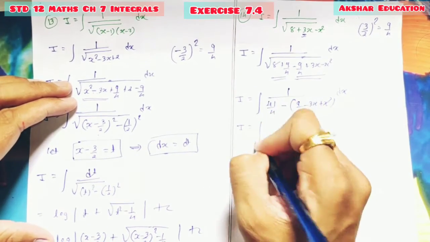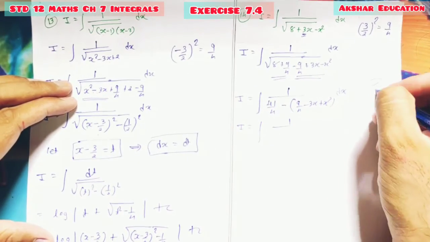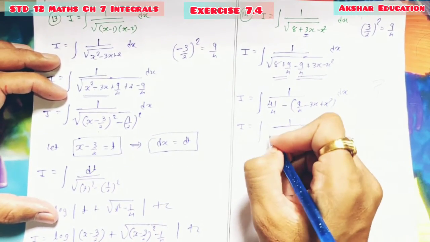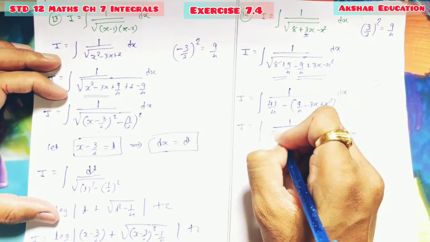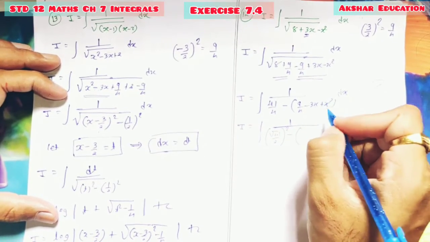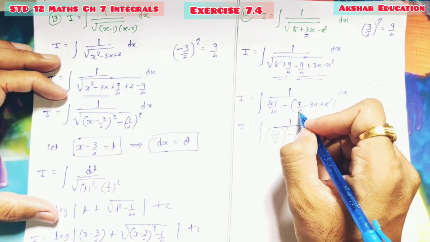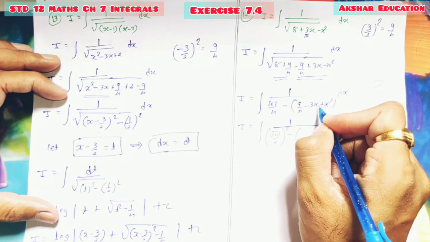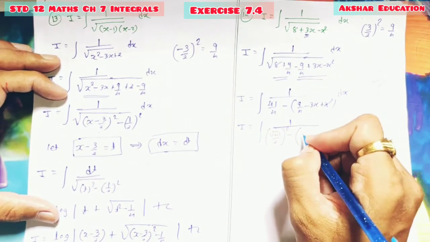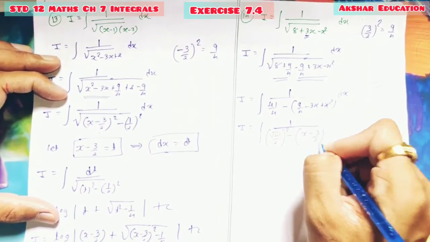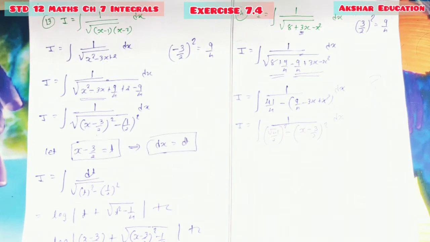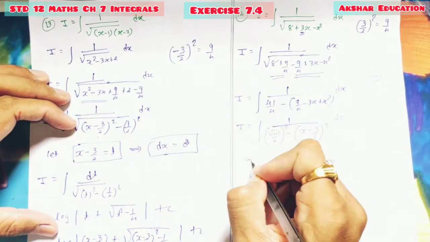So integration I is 1 upon, what will this be, square root of 41 by 2 whole square minus, and this will be x square minus 3x plus 9 by 4. Factors are x minus, there is a minus sign, you have to consider the sign of the middle term. So it's x minus 3 by 2 whole square, dx. So this is equal to